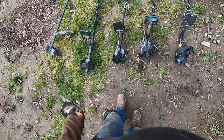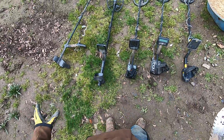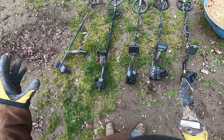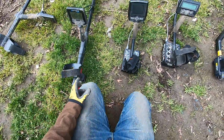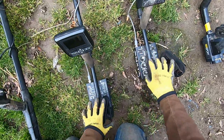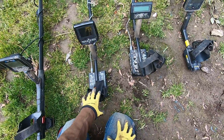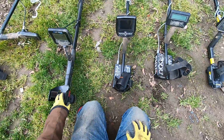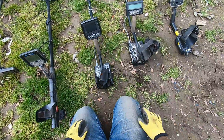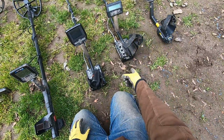Every year they come out with newer models. Somebody comes out with a newer model that's going to be better than the older machines. Not better, but it's going to be more durable and it's going to be more user-friendly. And with these 2 machines right here, I've been using them a lot these last couple years until I got the Anfibio. And then once I got my Anfibio, I just haven't used any of these machines. I think I used my MX Sport one time for one day with Prospector Gary, and I used my MXT